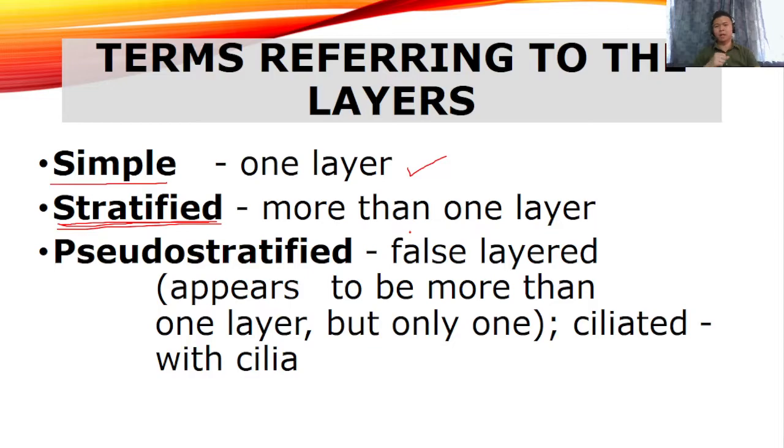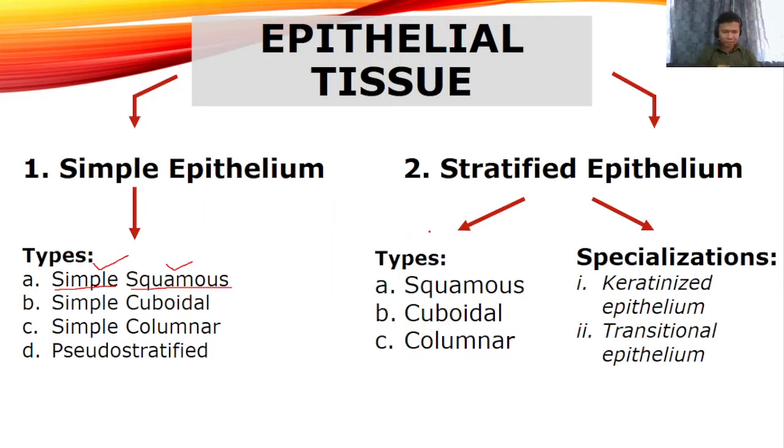So let's say we have stratified cuboidal epithelium. Its appearance will look like this one, having cube cells